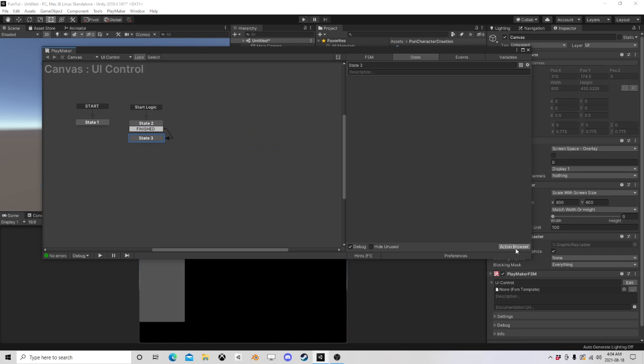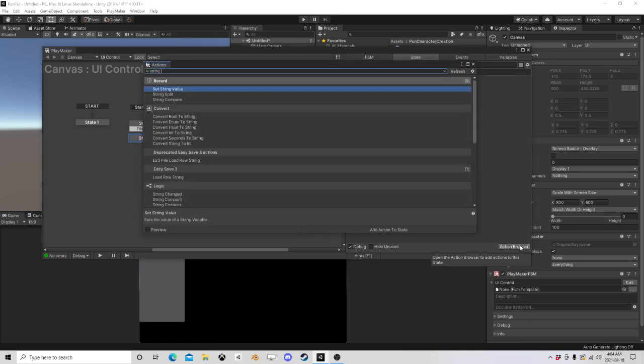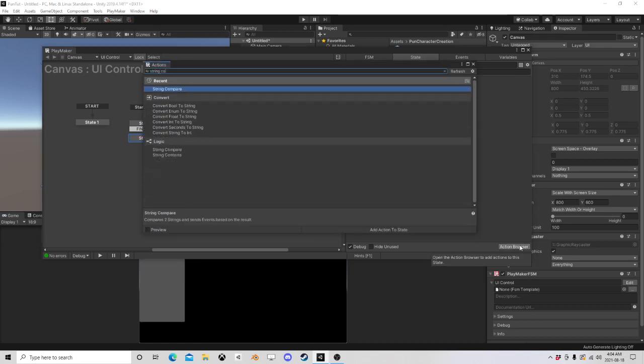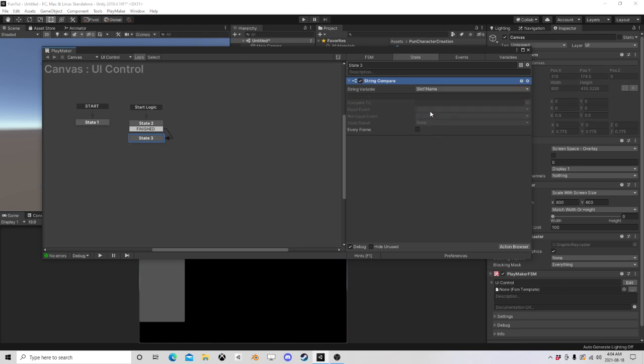And then we are going to string compare. So if slot 1 is equal to that, it's empty. There's nothing in it. If it's not equal to that, it has something. Anyways, we don't know what it is, but it has something, right? So if it's empty,